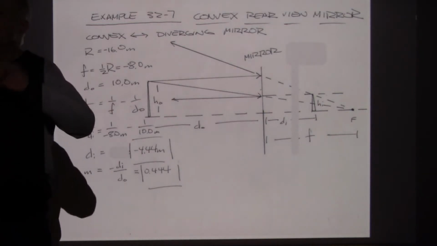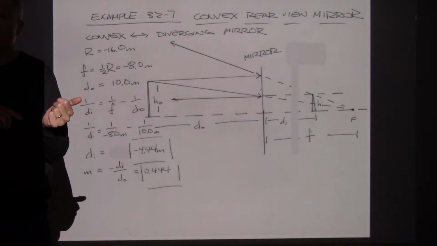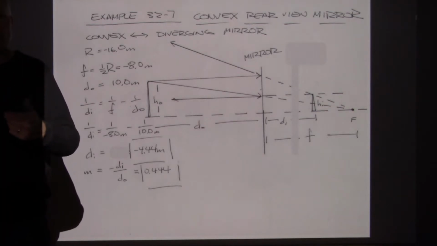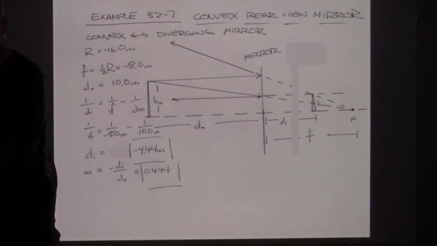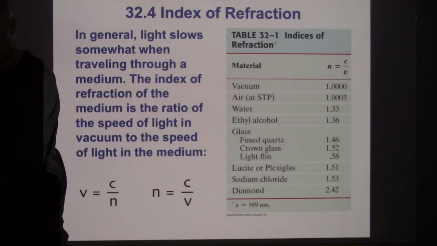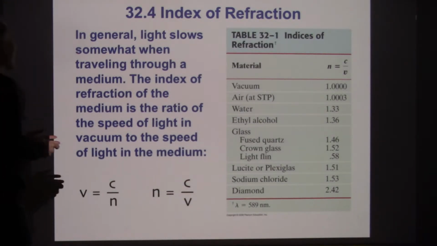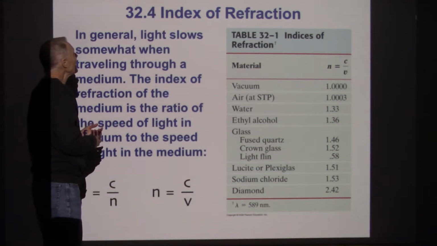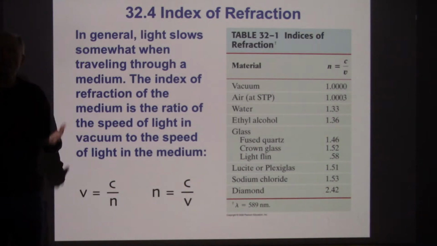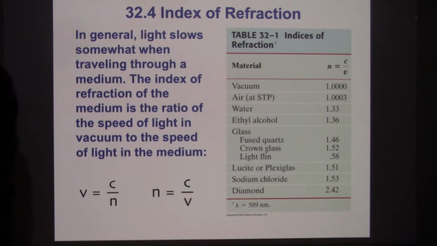So it's something we've been looking at, lateral magnification, and next chapter we'll look at something called angular magnification, and that's what really comes into play. So we're through with the mirror stuff. What we want to do is move on and talk about what happens when we have a transparent material and